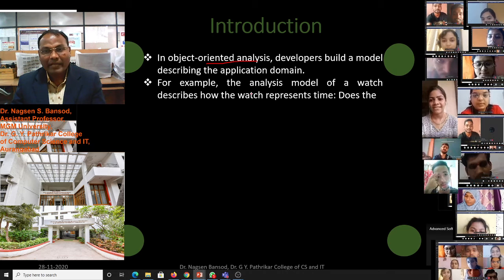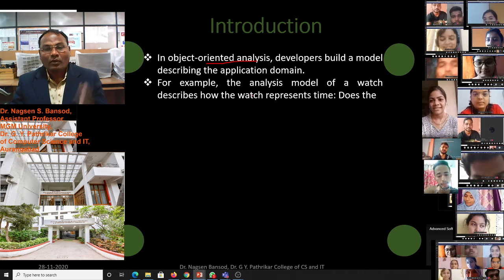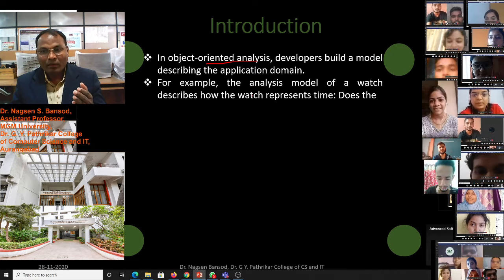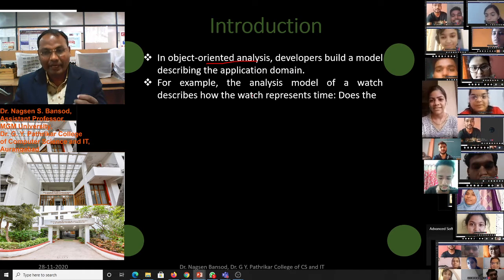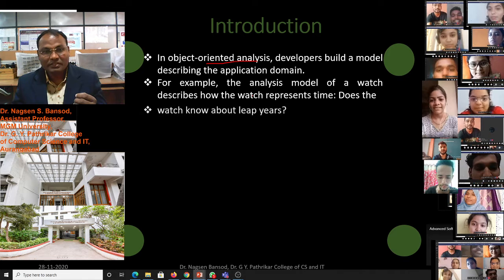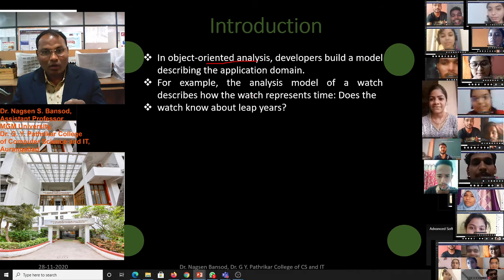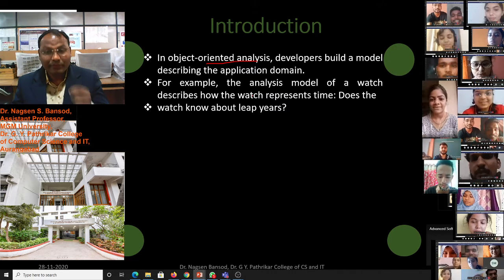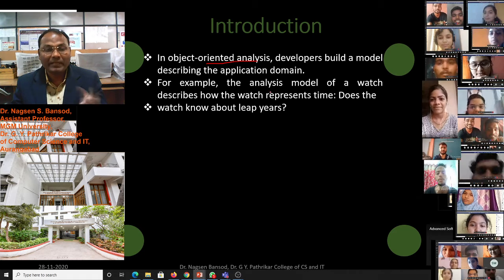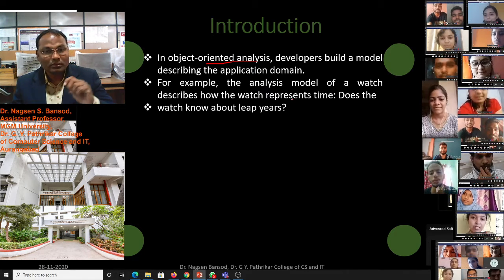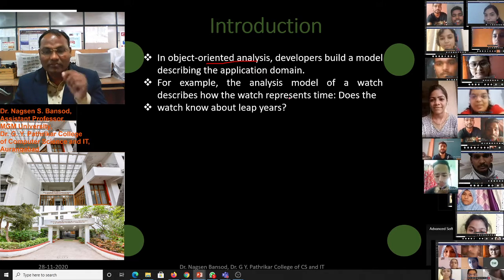For example, the analysis model of a watch describes how the watch represents time. Does the watch know about leap year? We have to examine, we have to make the analysis about the system as a developer.